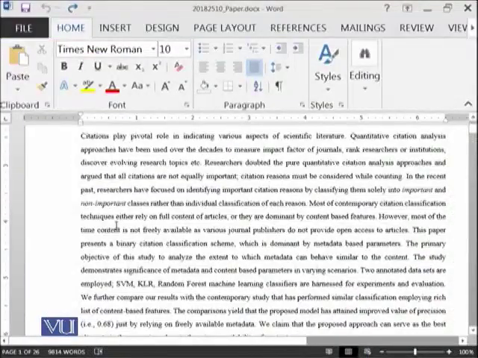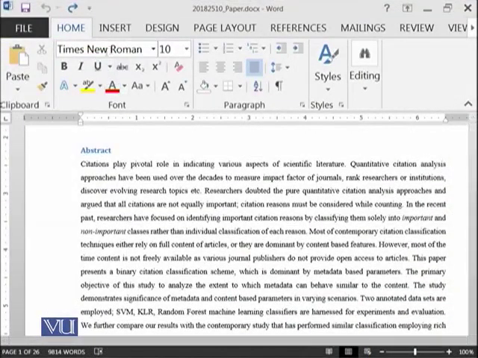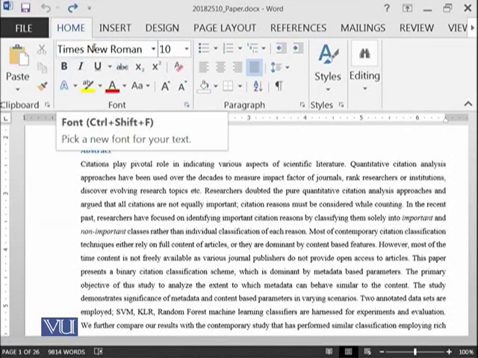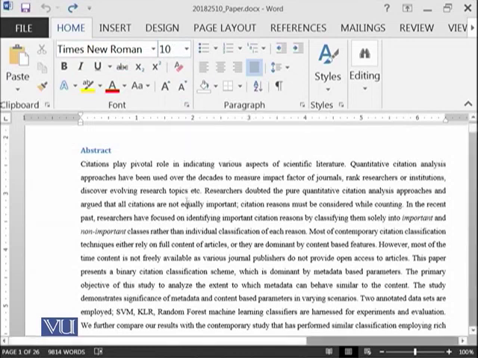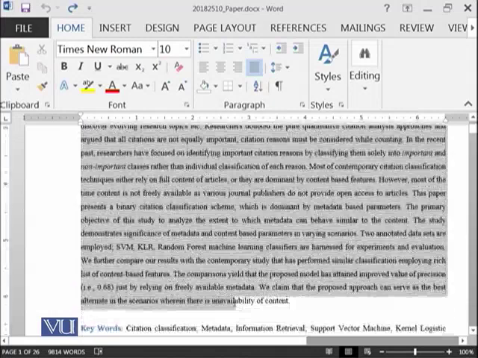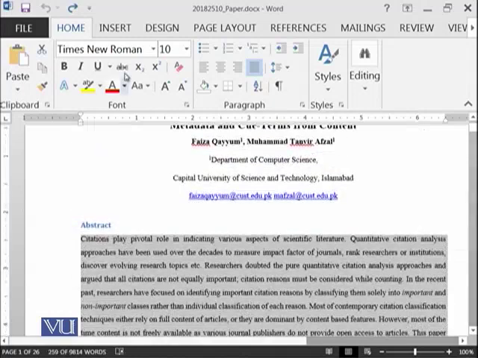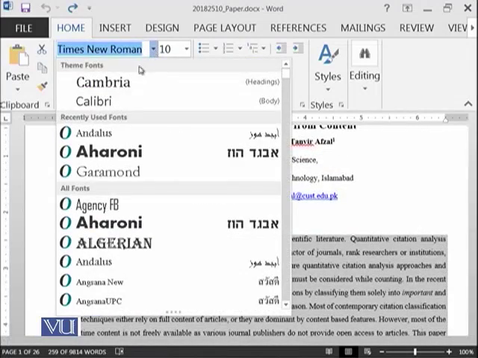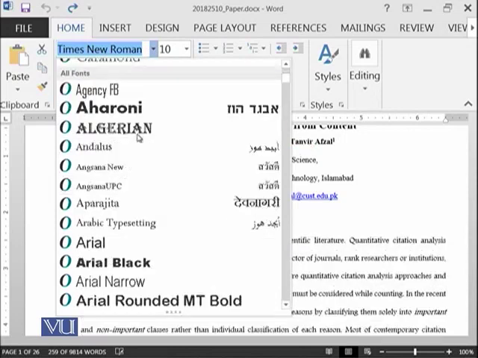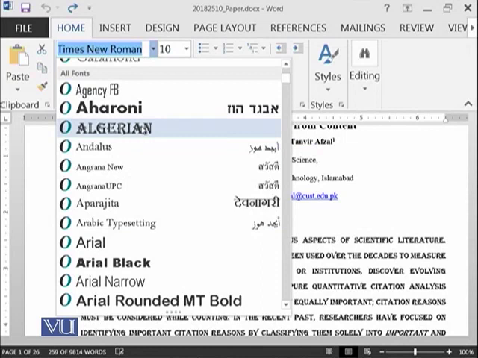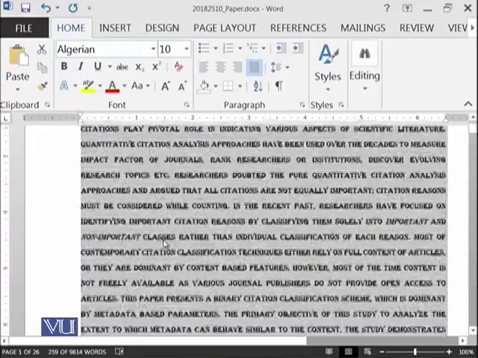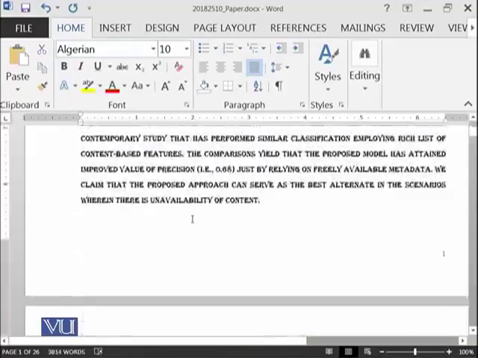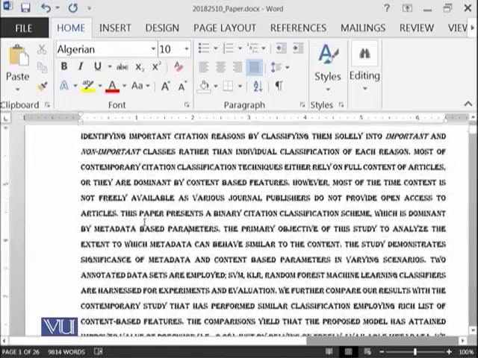So let's start. We were on this document, and this is the font group which has the fonts which are available and the font sizes. So let's try to explore it. For example, if I want to change the font of this paragraph, I have selected this paragraph and I have selected the font families, and there are many font families. If I want to change the font to this, I click on this font and you can see that the previous font which was like this has now changed to like this.